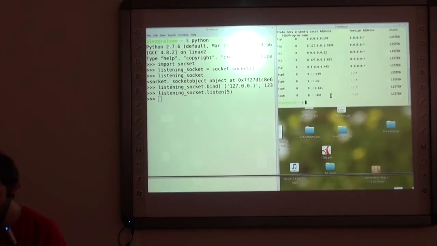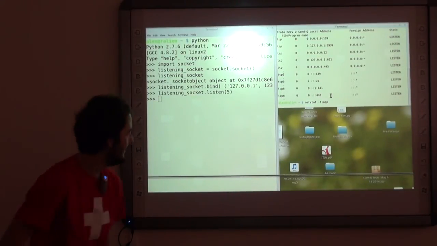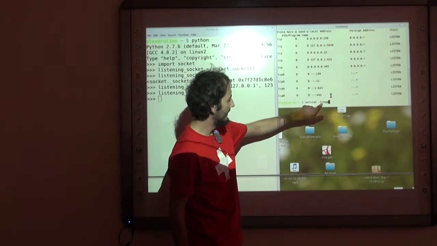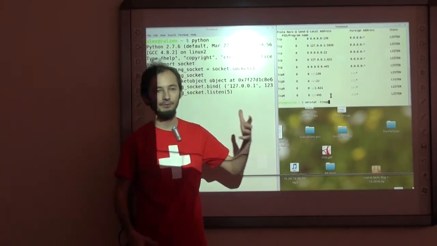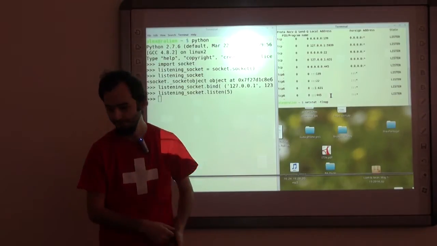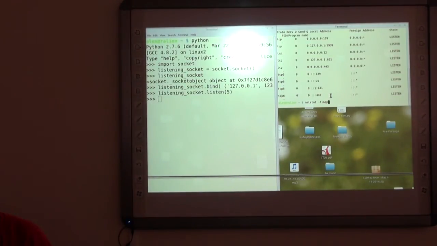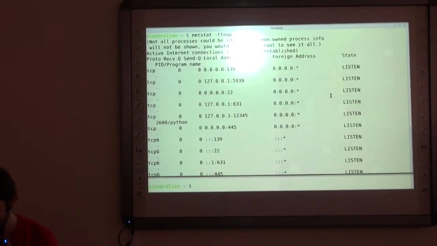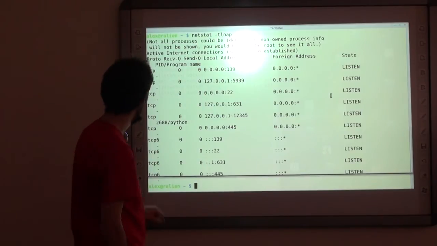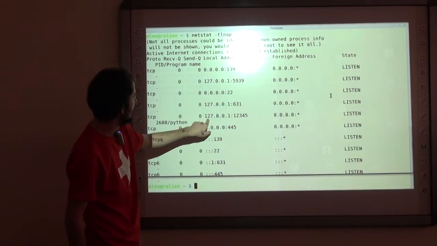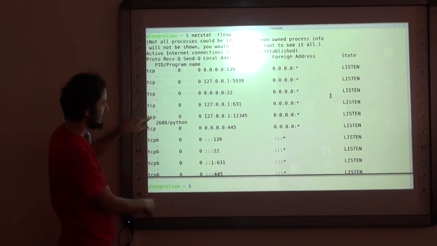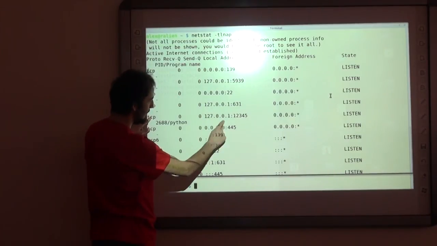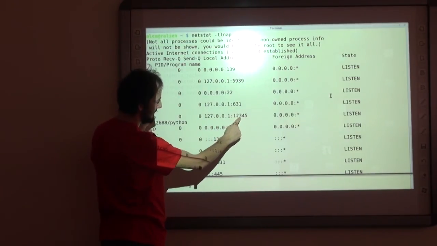Okay. Now I'm going to switch back to netstat, and I am giving it this argument here, L, which tells it to only show me the listening sockets. Now, you see something different. You have this 127.0.0.1 at port 12345.